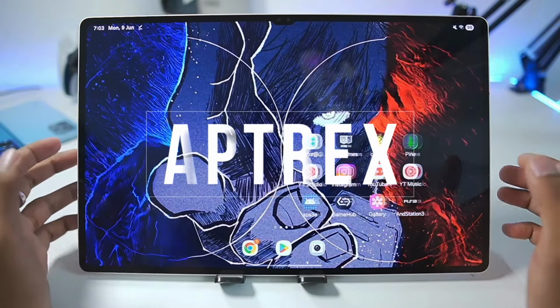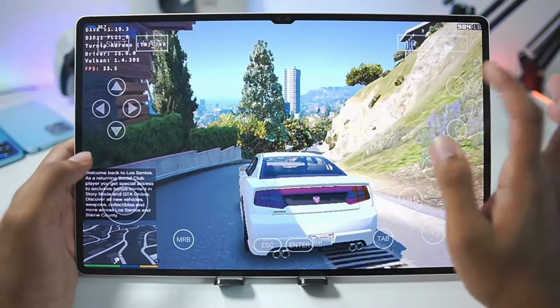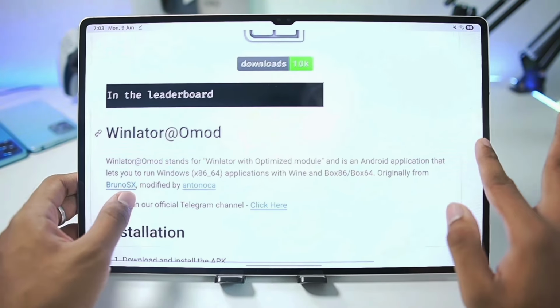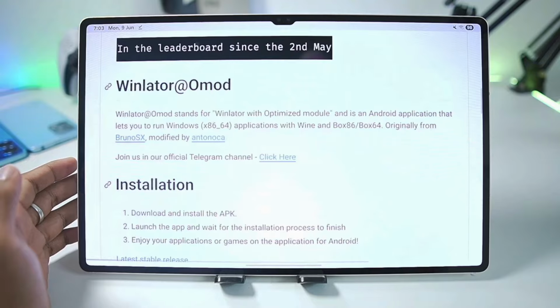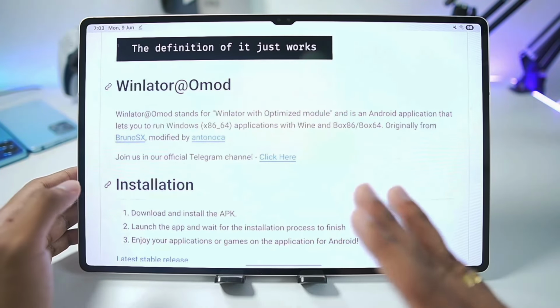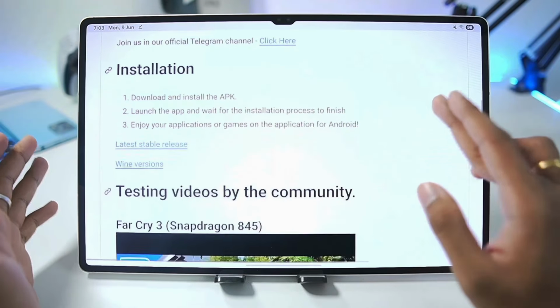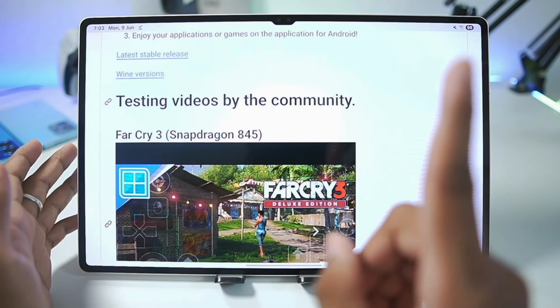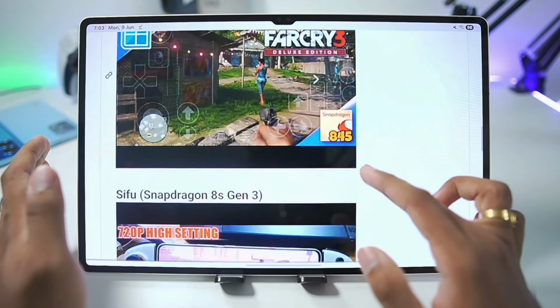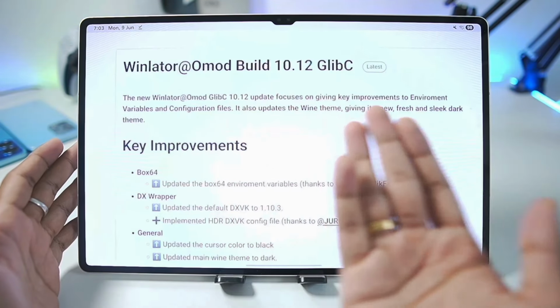Welcome to the official gameplay test of Winlator OMOD, a brand new fork of Winlator Android which provides you much more FPS compared to any version of the official Winlator Android. It also has the latest Box 64, latest graphics driver, latest DX wrappers and much more. It is highly customizable, and if you guys have watched my setup video, you will know exactly what this emulator is capable of. But in today's video, we'll be doing a proper gameplay test of the Winlator OMOD 10.12 Glipsy